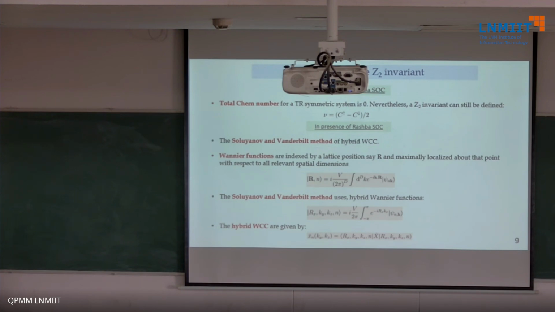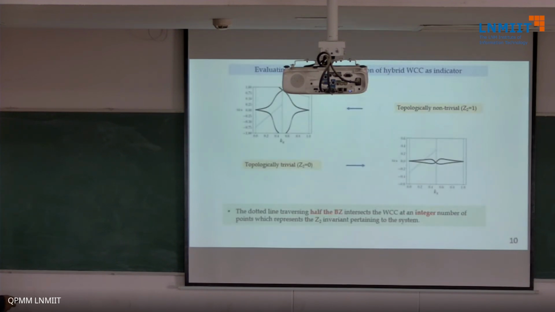The Berry phase is plotted as a function of one of the momenta in a 2D system, and if it cuts this line an odd number of times, then it's topologically non-trivial, and if it cuts an even number of times, it's topologically trivial. This is how we calculate the Z2 invariant, and the Z2 invariant is particularly relevant for whether the time reversal